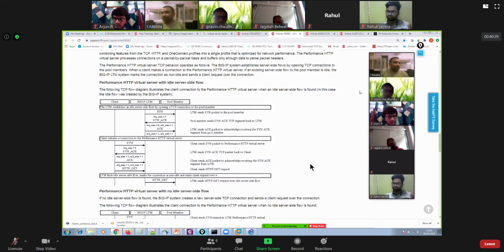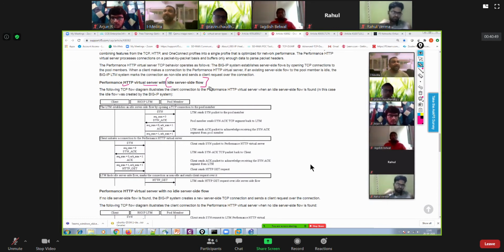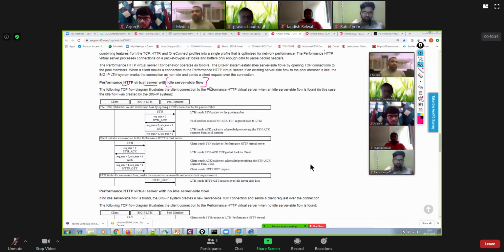However, the biggest advantage of performance HTTP virtual server is that we can reuse the idle server side flows or idle server side connections.